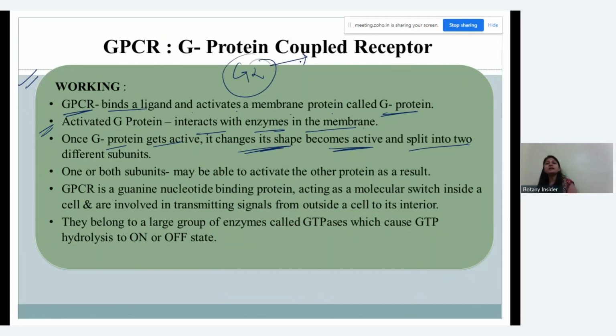Initially we had three subunits, alpha, beta, and gamma, and now the alpha unit gets detached. It splits from the original shape. Now after getting activated, it splits into two